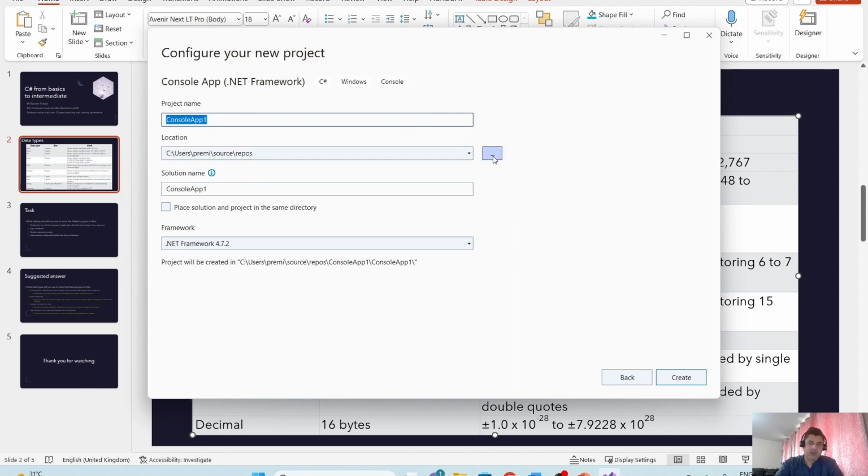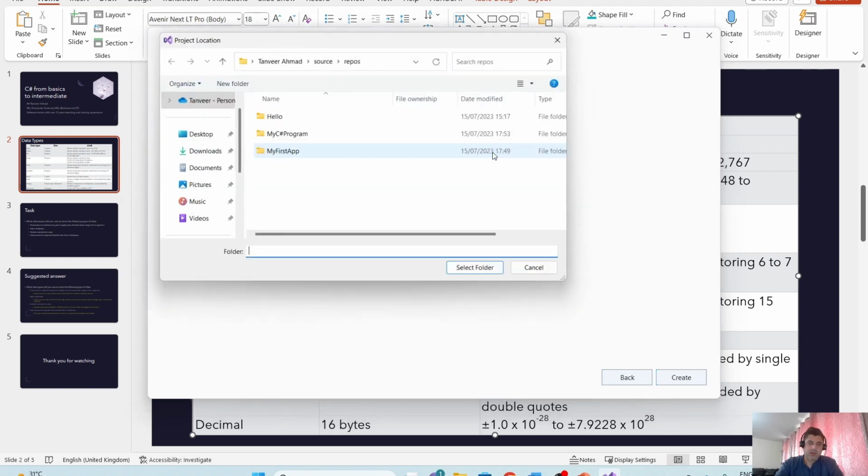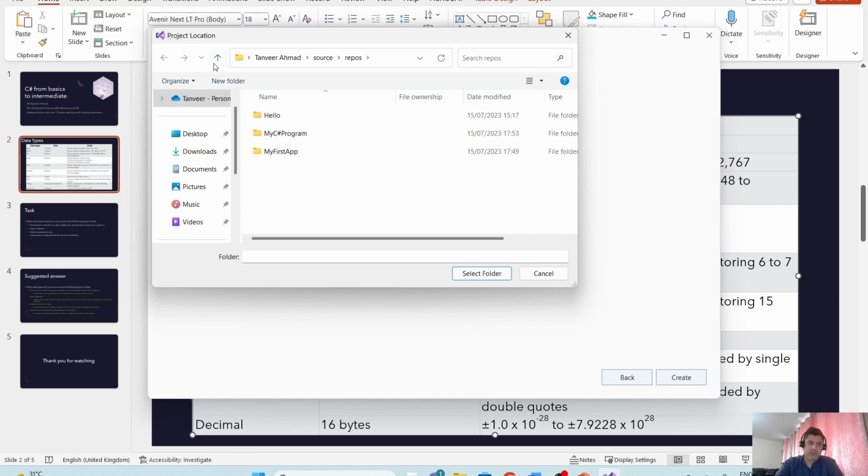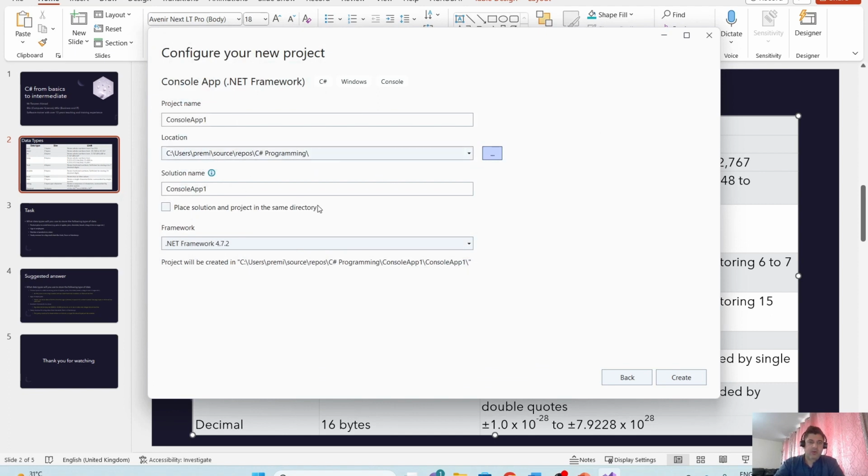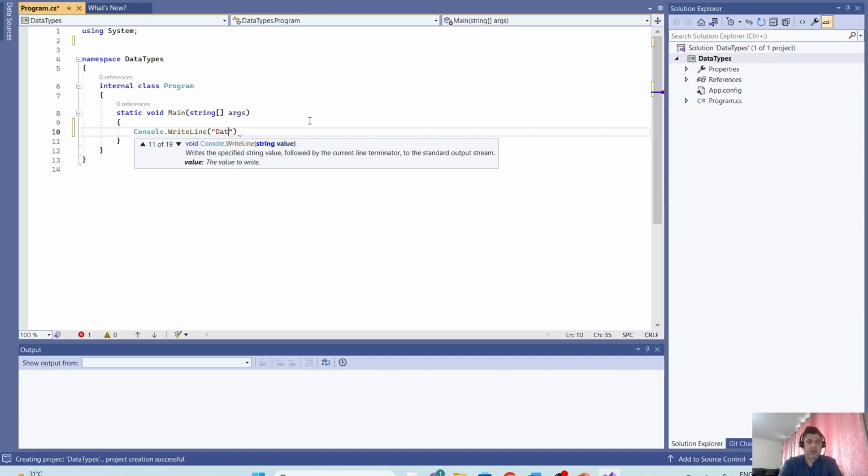I should create a separate folder for all these. I'm going to create another folder and store all relevant code in this folder, C# programming. Okay, so all my code will be stored here. Now, what I want to name my project, let's call it data